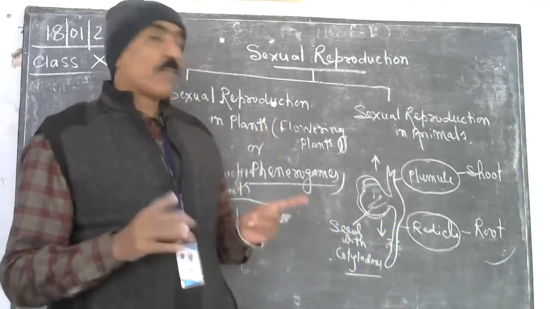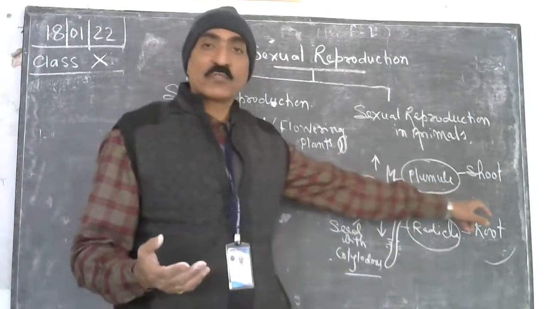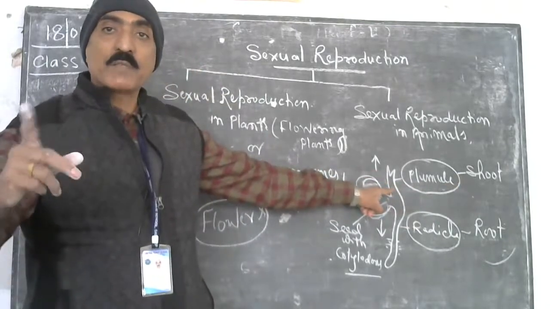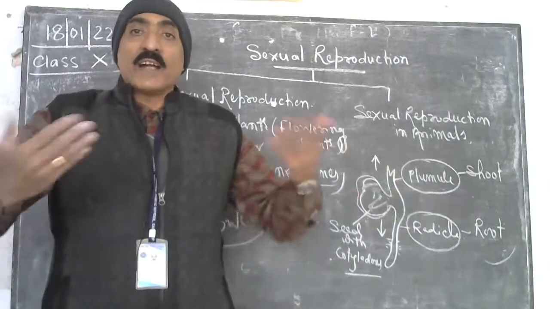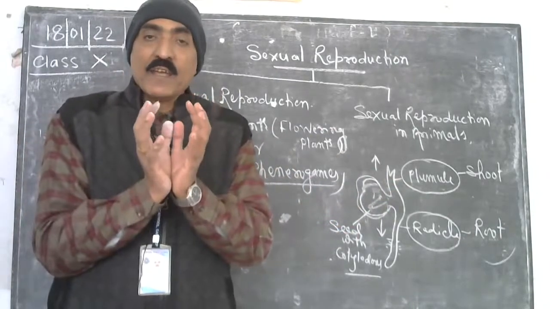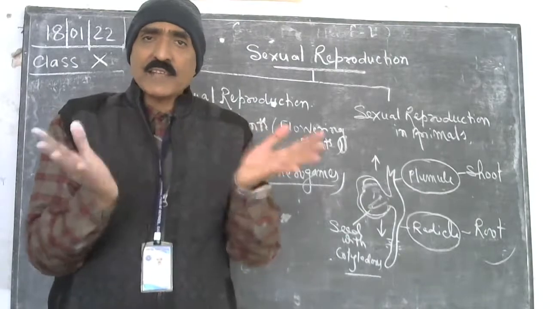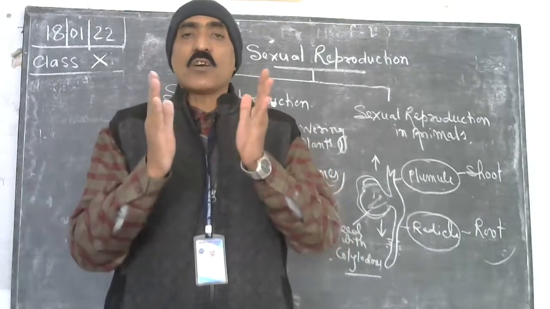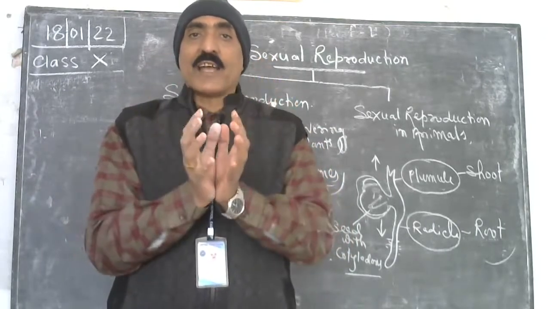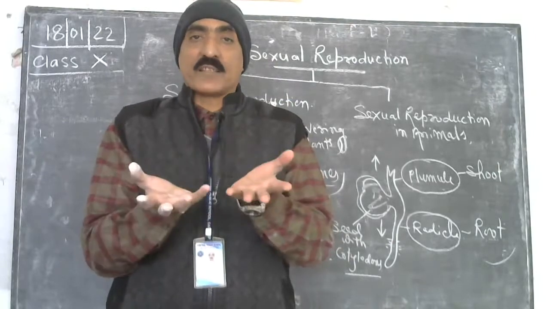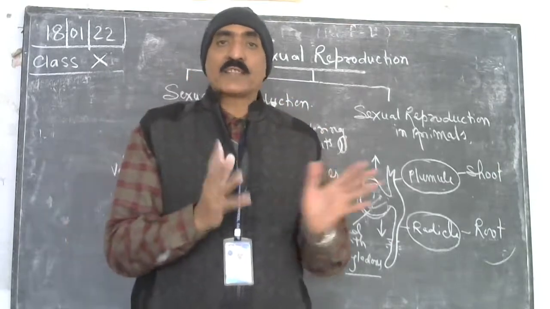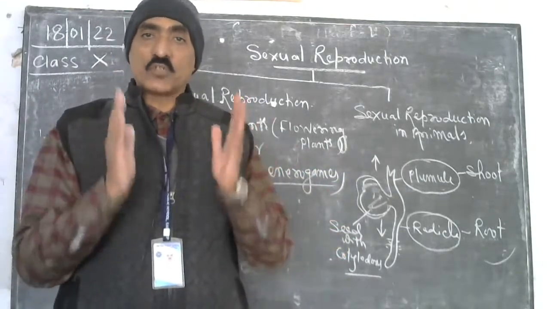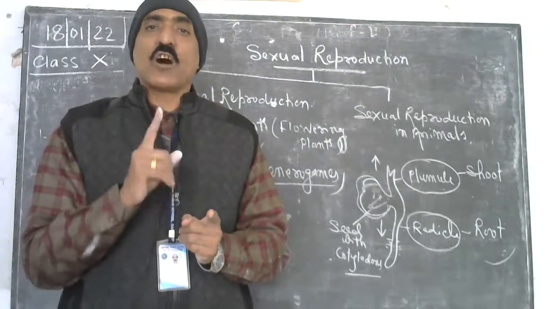फ्लावर इज द रिप्रोडक्टिव पार्ट ऑफ द प्लांट। इन फैक्ट व्हाट इज फ्लावर? तो फ्लावर इज ए मॉडिफाइड शूट। अब हमने यहाँ शूट से आपकी बात शुरू की थी। इट इज ए मॉडिफाइड शूट। This shoot which converts into leaves, branches is even converted into flower. So flower is a modified shoot that bears different leaves arranged on an axis and that is called thalamus, and all the leaves arranged on an axis in flower are called floral parts या floral leaves. तो हम लोग पढ़ेंगे सेक्सुअल रिप्रोडक्शन में केवल फ्लावर के बारे में फर्स्टली। तो व्हाट इज फ्लावर?